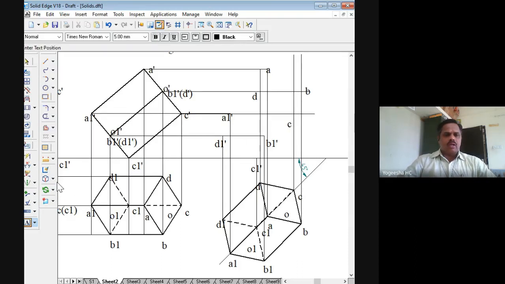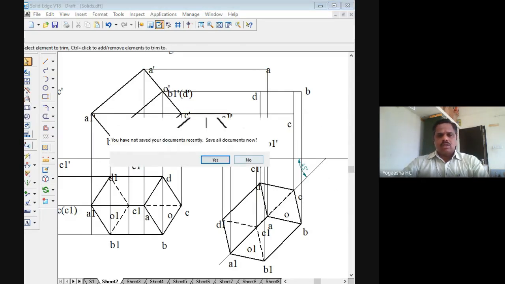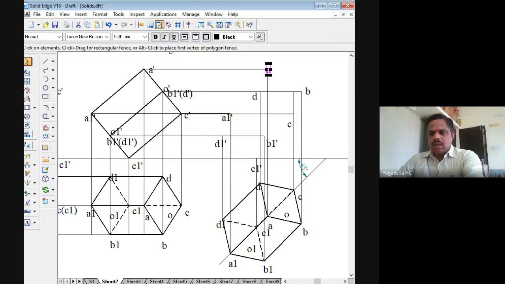Extra lines now we can clearly delete. So this is not required. These two lines are not required. So these lines I can delete, right? So I marked now A, B, C, D here. A1, B1, C1, D1. Yeah, I think this should be drawn with dashes, not just A, B, C, D. I'll just delete that. I'll draw it once again.